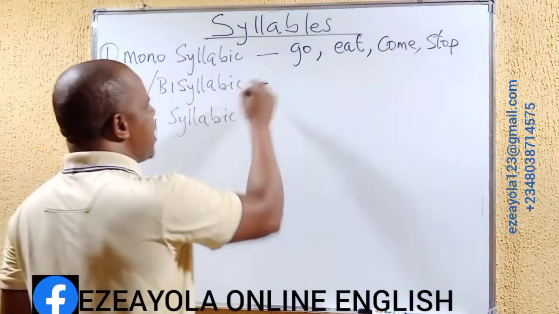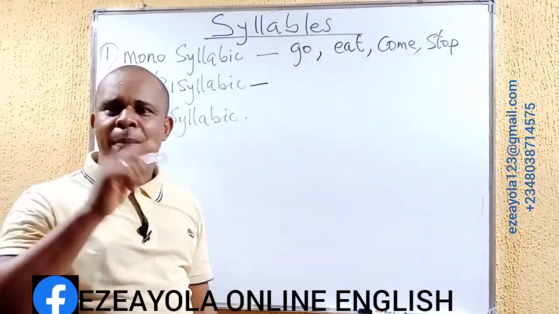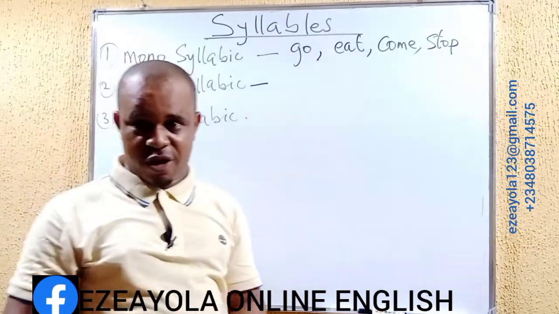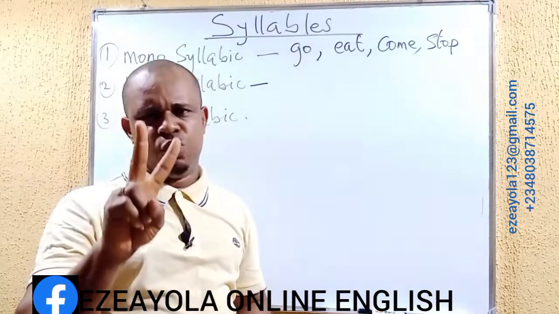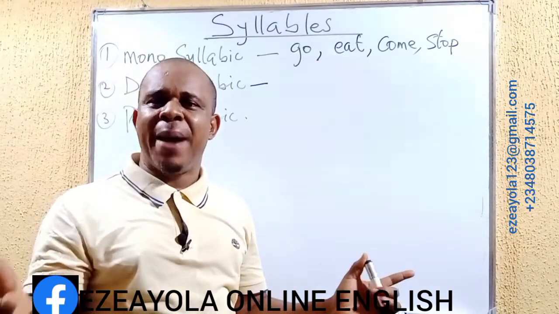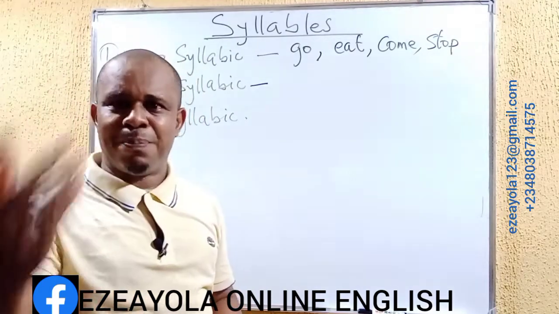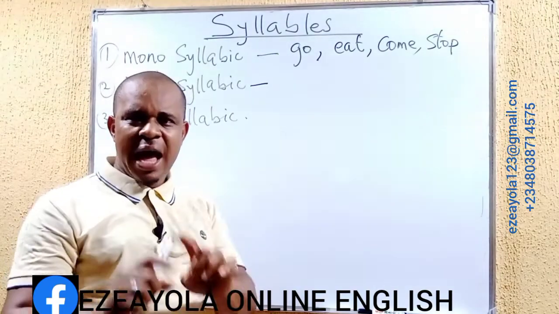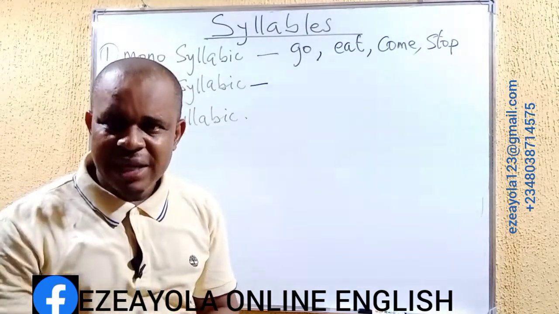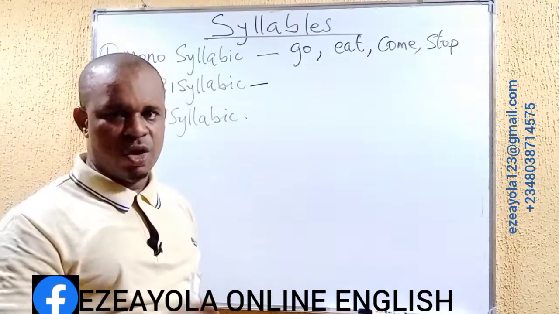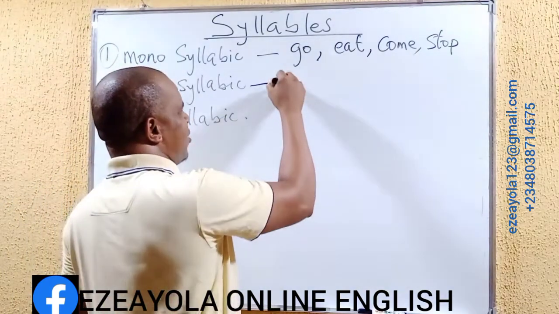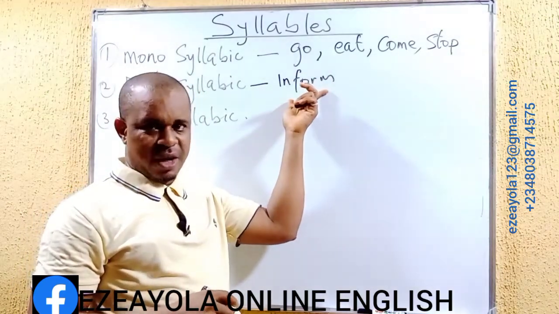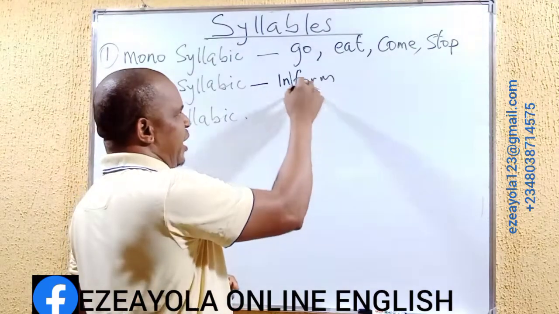By the way, what about the disyllabic or bisyllabic words? Now, when you hear di or bi in the English language, of course, you need to know that it involves two. All right? Di or bi has to do with two things in place. So, we should understand that the bi or disyllabic words are those words in the English language that have two syllables, just two. Example, something like this: inform is a disyllabic word because it has two syllables, the in and the